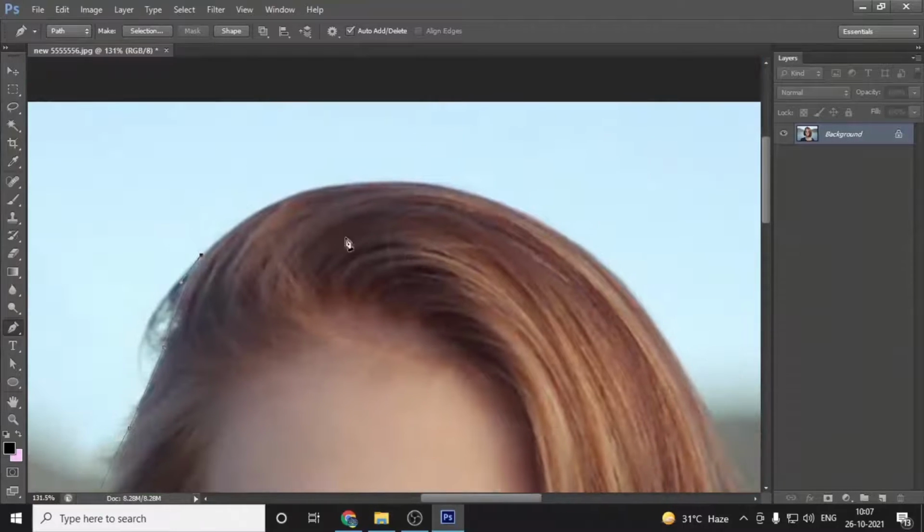So at that point you have to use Photoshop. That is why I am showing you this.